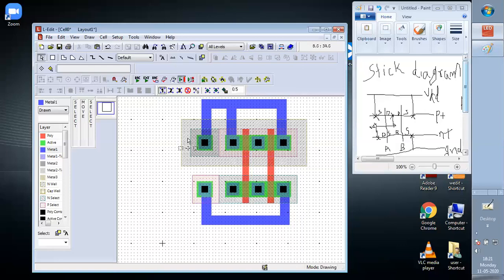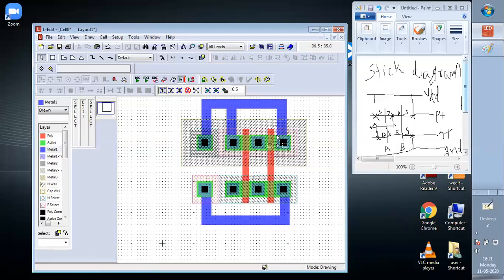The body is on the VDD terminal and the sources are connected to the VDD terminal. And the drains of both are connected to the output terminal, and they are connected with this terminal, right? So we will connect this with this, and that will be our output.